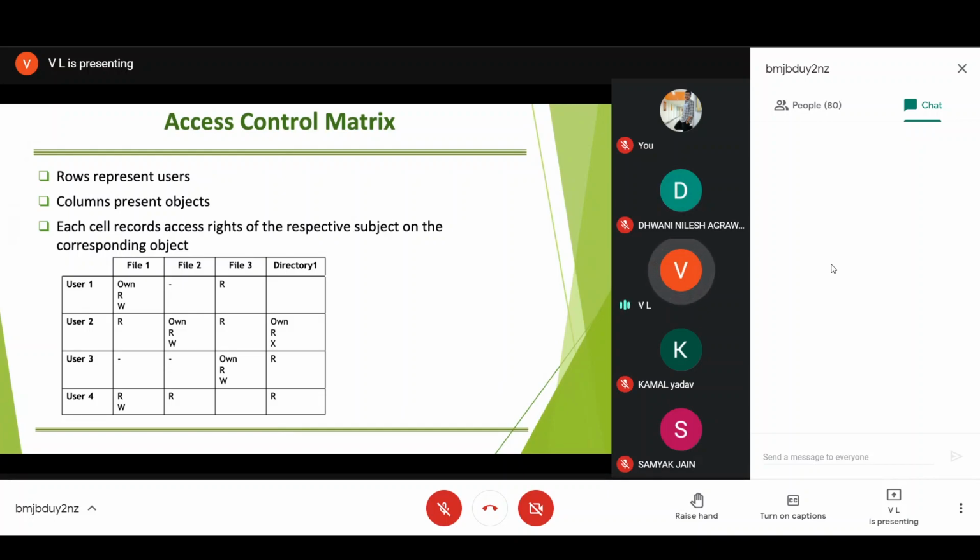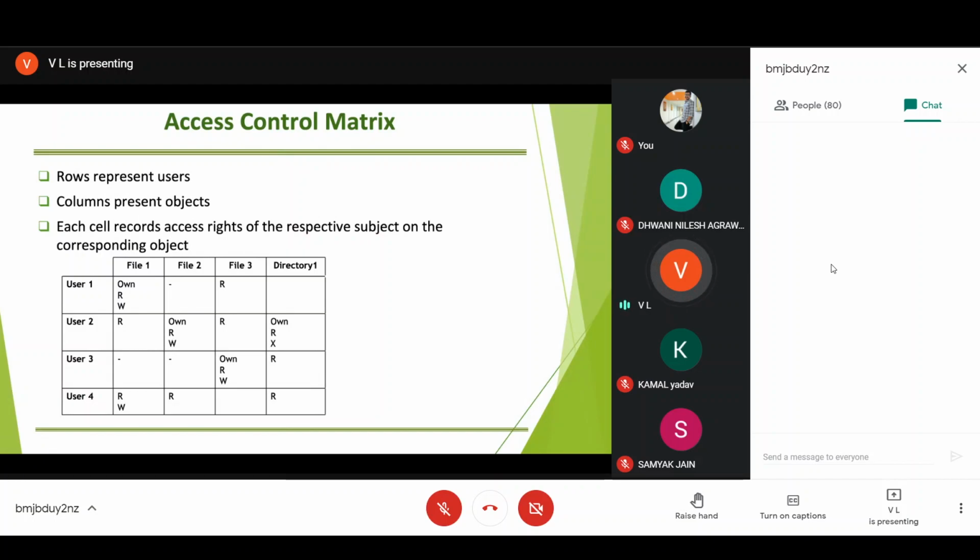So generally, the security policy would be represented in terms of an access control matrix, where the columns indicate the objects and the rows indicate the subjects or the users. Subjects, as I said, could be a user or a process. So when I say user, it actually includes processes also. So every cell will now record the rights of a user in respect of that object.